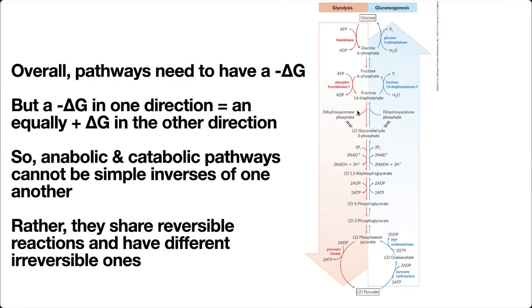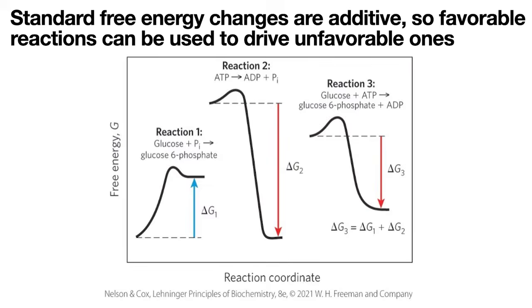Instead, we're going to do that at these later steps that we're going to control. But for now, we've kept the glucose in the cell. We've done this by transferring a phosphoryl group from ATP onto glucose to give us glucose 6-phosphate, leaving us with ADP. And in this way, we've trapped this. And we were able to make this a favorable reaction by coupling the phosphorylation of glucose to the hydrolysis of the ATP. And again, more on this later.